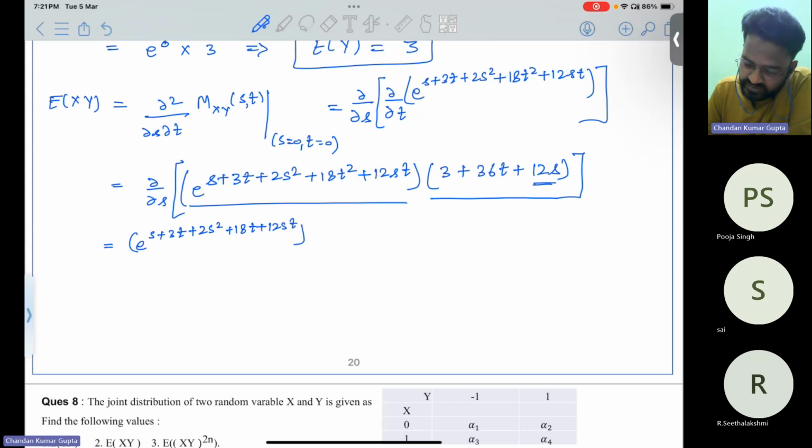First function times differentiation of second function is 12,